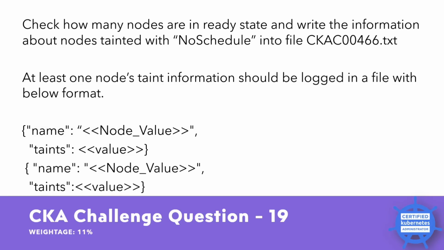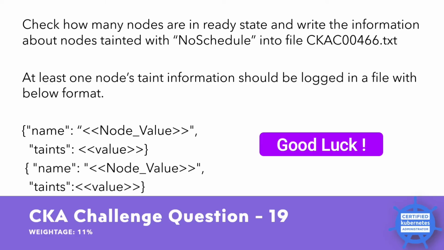To accomplish this task, you need to use the kubectl describe node command to get detailed information about each node in the cluster, including its taints. You can then filter this information to identify nodes with the no schedule taint and log their information into the desired format in the CKA